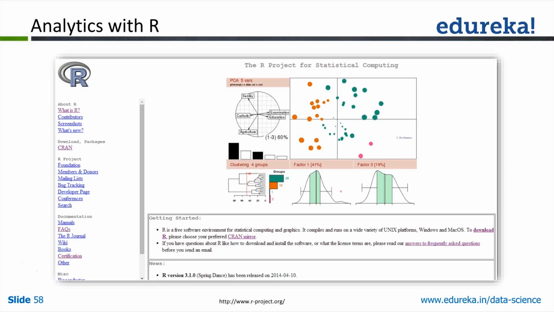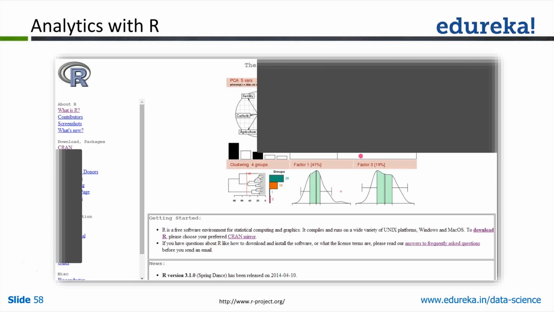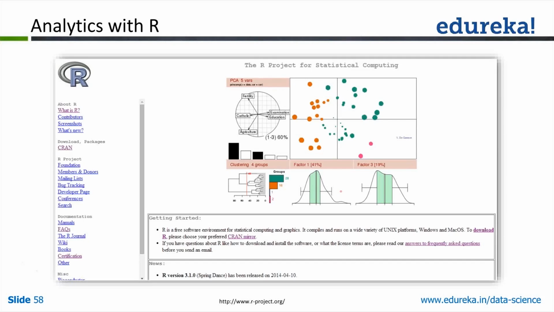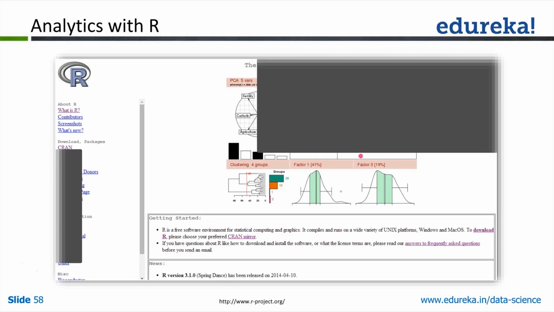Okay, and it is also open source, just like Hadoop. R is also open source. Anybody can download it on your laptop, on your desktop. You can install it, whether it's Windows or Mac or Linux, doesn't matter. R is available on all of those platforms, and you can install it and start playing with it. And it has become highly popular these days, primarily because it's open source. Okay, because it's free, and also because it has been there for many years.